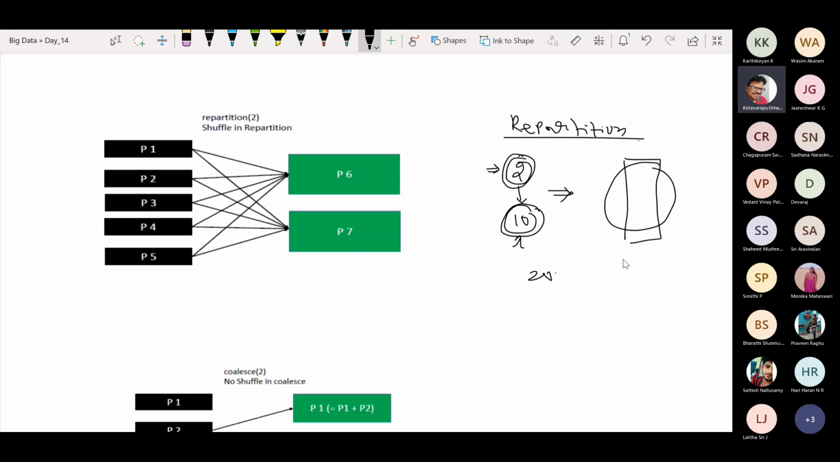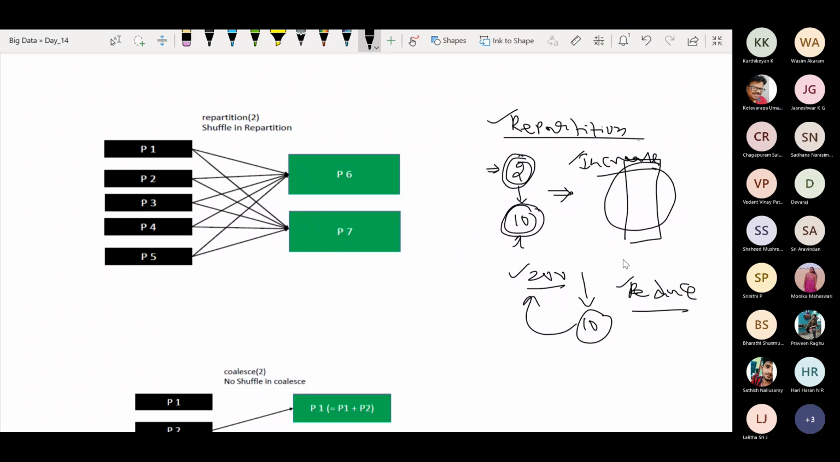The other way is I'm having more partitions, but after filtering I'm having only 10 records, and storing 10 records in so many partitions is definitely a space wastage, and it's not an optimized way of doing things. So I can reduce the number of partitions. Either I can increase the number of partitions or I can reduce them. Now, friends, if I want to increase or decrease the partitions, I can use repartition, because